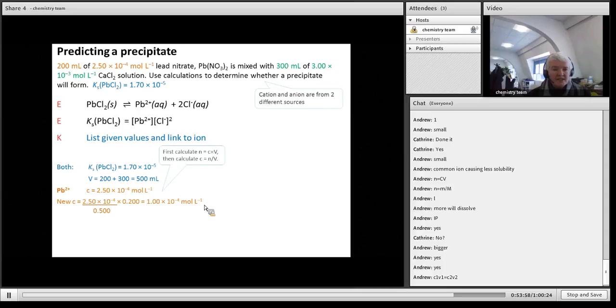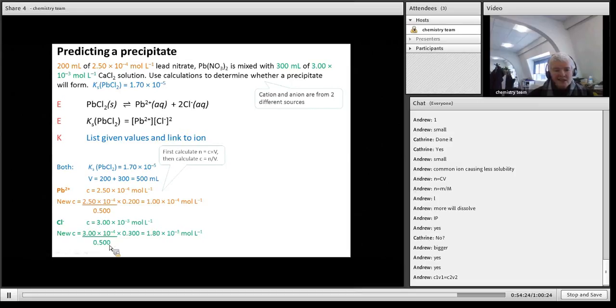Can you see it's diluted? I had 2.5 times 10 to the minus 4, now it's 1 times 10 to the minus 4, less concentrated. Chloride's exactly the same, I've diluted it. So I take the concentration I had, times it by the 300 moles I had, but now I've got 500 in total, so you divide it by the 500, or can you see I've converted it to